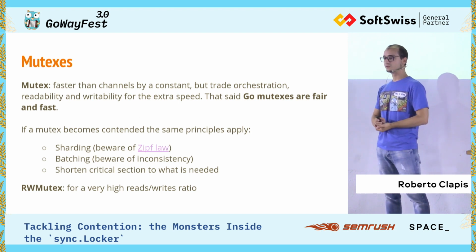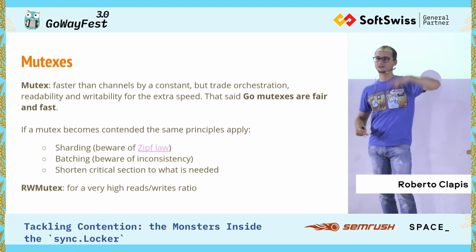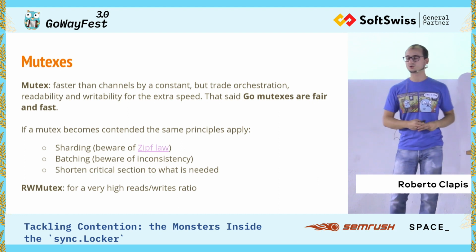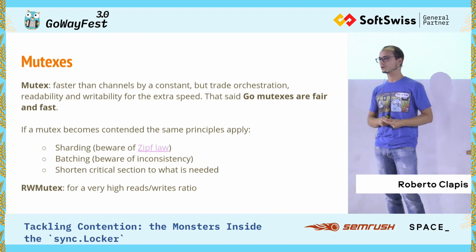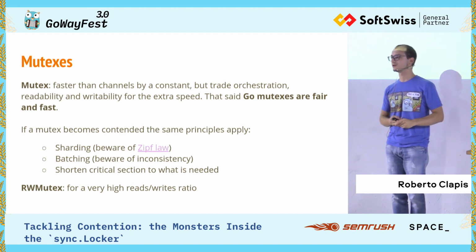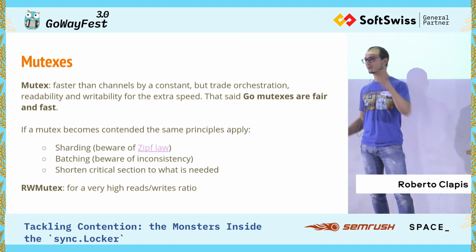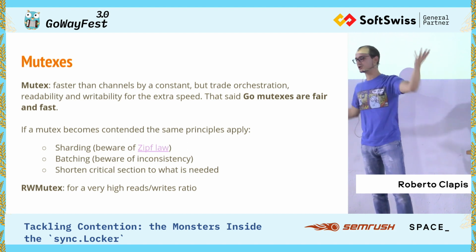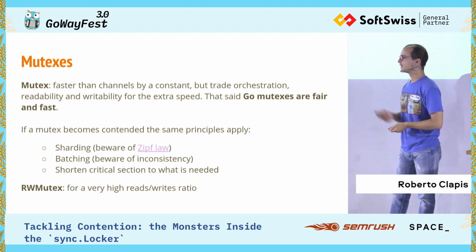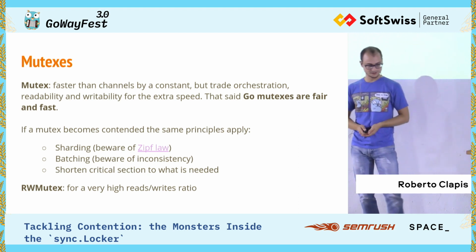that is going to bite you very hard, because you write this dictionary, you know the alphabet is divided in different letters, and you're good, until someone tries to use your dictionary to, for example, hold all the Java packages that your company uses. And all Java packages start with C. So you see that one mutex is going to burn up and take down the entire CPU time, and everything else is just going to be there waiting for input to come. So measure and beware of what you're doing.